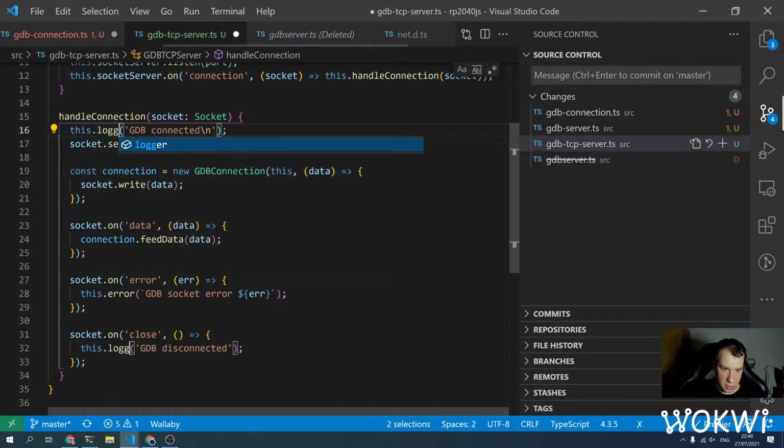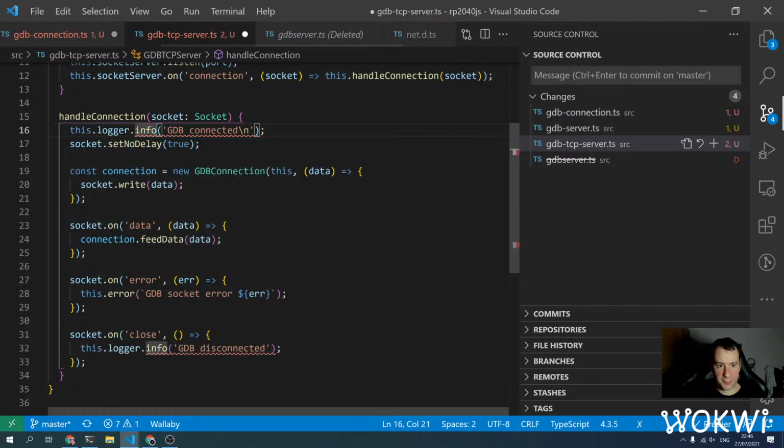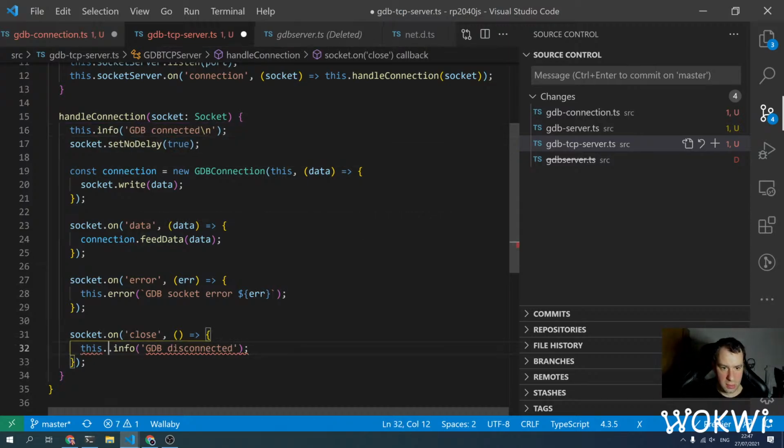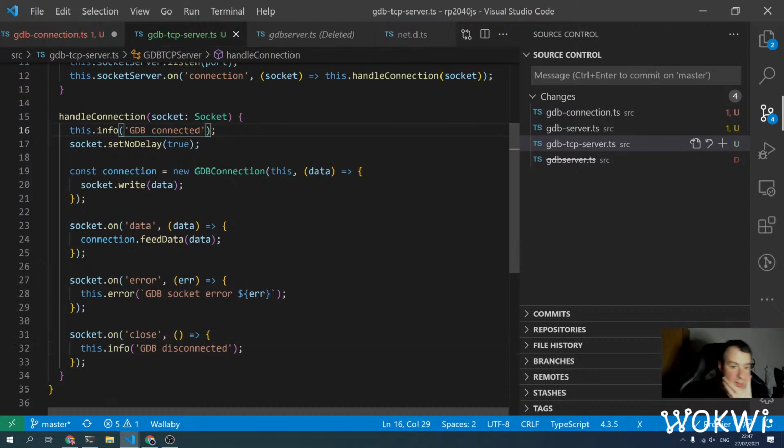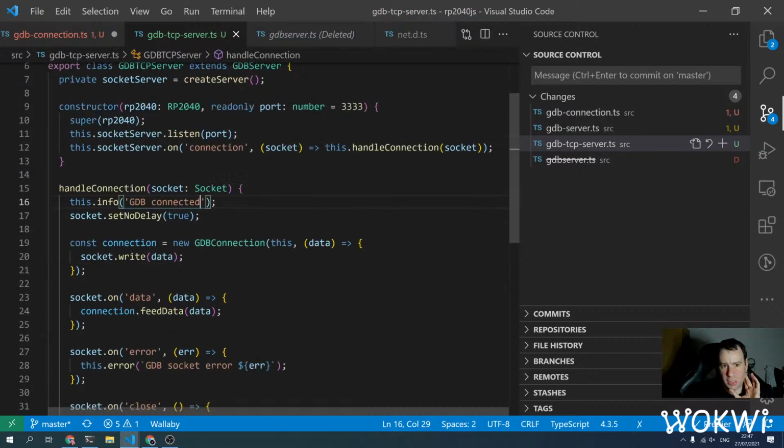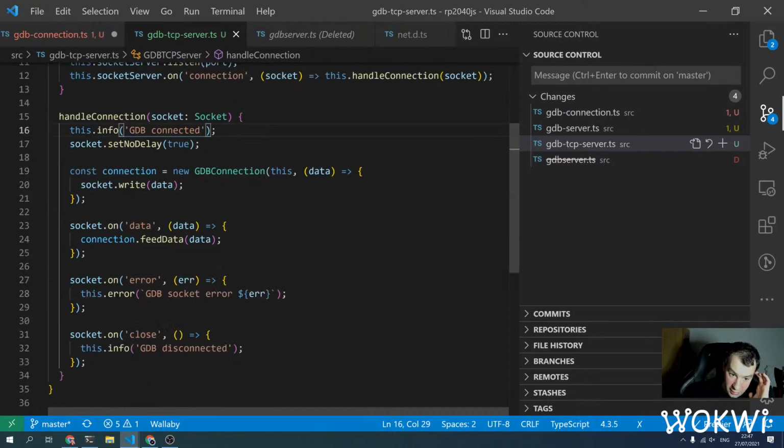So this.logger.info, or just this.info GDB connected without a new line there, and GDB disconnected. And if we want to print them, then we know how to enable logging. That's what we have the logger for. I mean, in the browser, we probably don't want, actually this is the TCP server, so it's not going to run in the browser, but anyways,